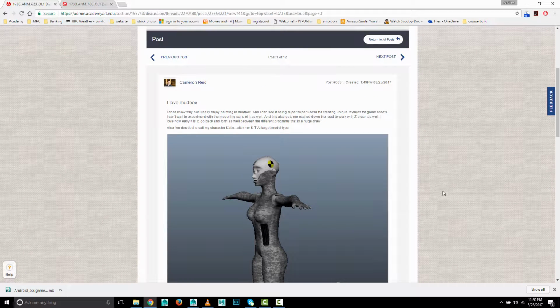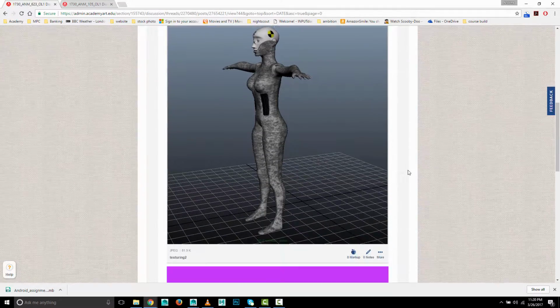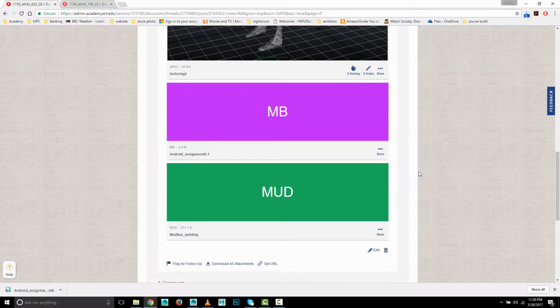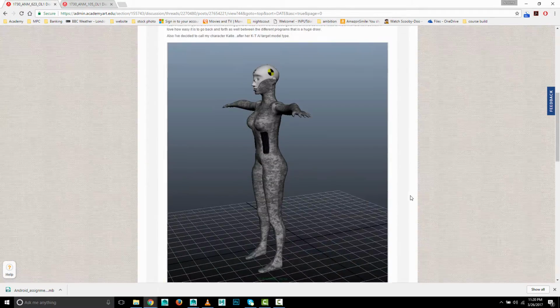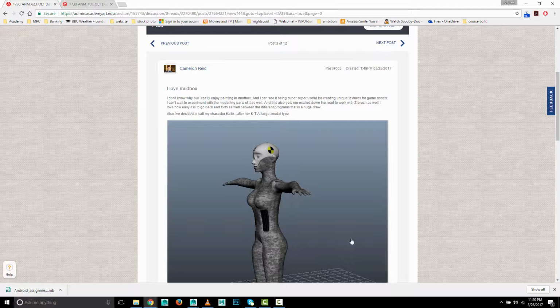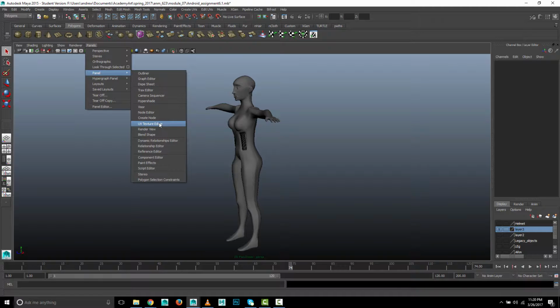Hey, I'll start with Cameron, and a point I wanted to make to all of you is that I appreciate all the files you've turned in, and that's good. But what you're missing is your texture images, and let me go into the Maya file and show you precisely what I mean. If I go into the Hypershade